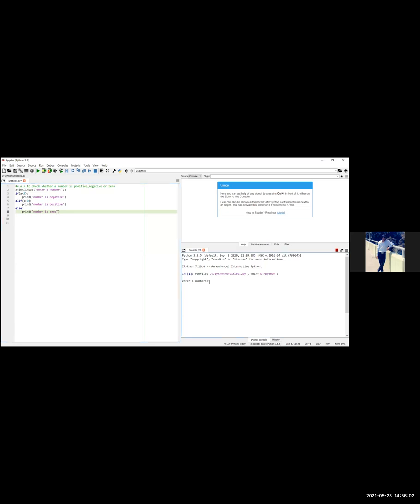Okay, fine. Just run the code with 0. Okay. Run the code with some negative value. Okay, fine. You can stop your share screen.